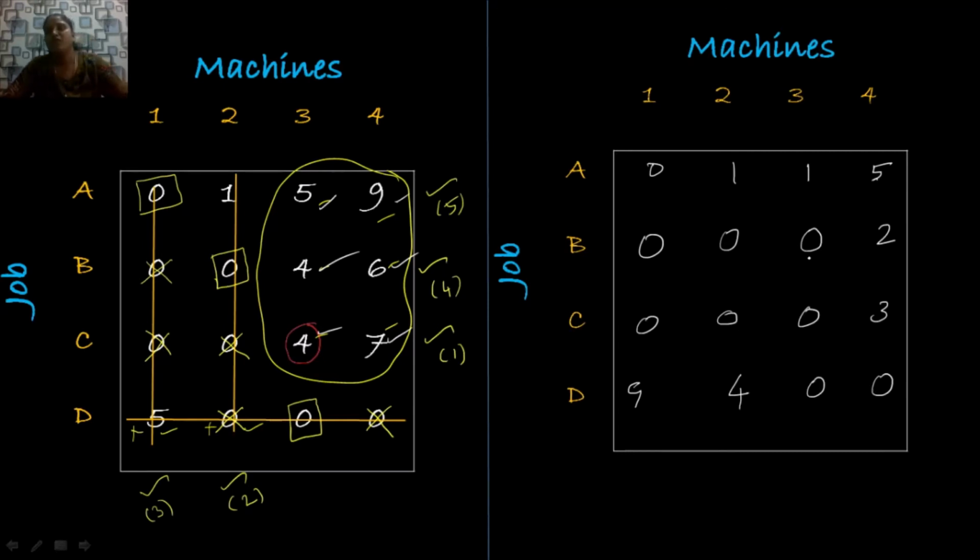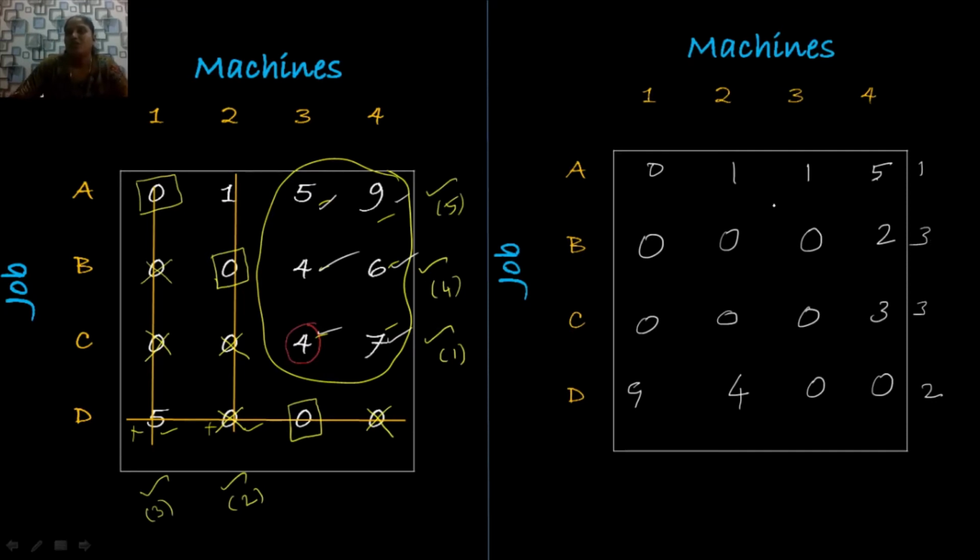So now we are going to make an assignment. As usual, write down the number of zeros in each row first. The first row has only 1 zero, the second row has 3 zeros, the third row also has 3 zeros, and the fourth row has 2 zeros. There is no need to write down the number of zeros in each row like this. This is for your understanding purpose. I write down the number of zeros in each row outside of the matrix. Just keep this in mind and proceed to make the assignment.